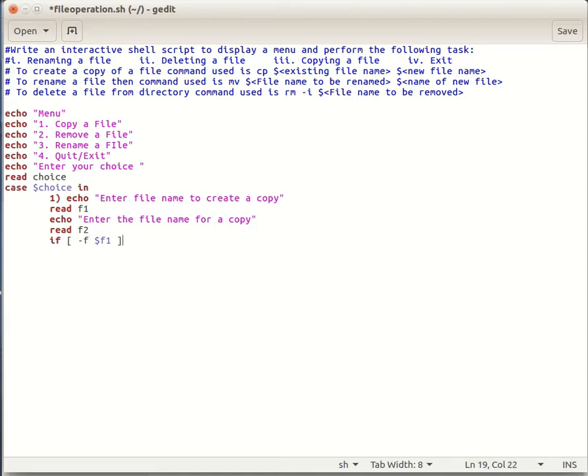So, first we shall check it by using an if condition. If the file exists, then create a copy of the file. Else display the error message, file does not exist.